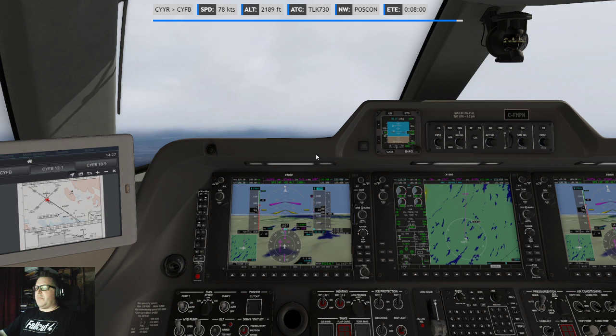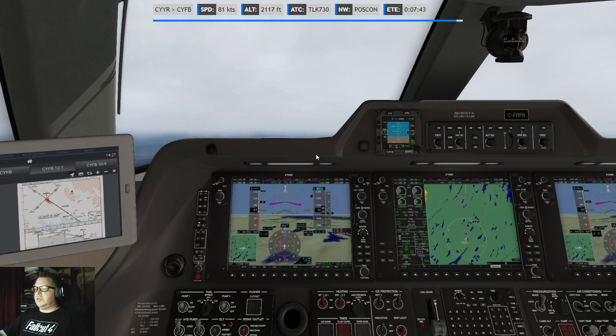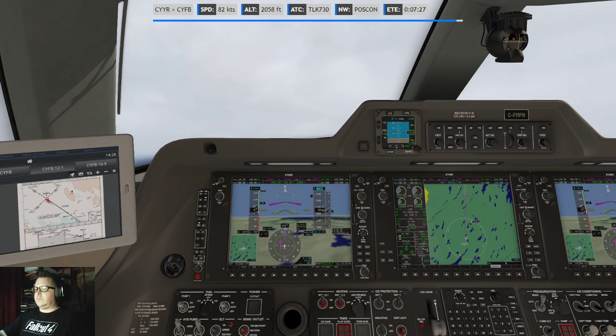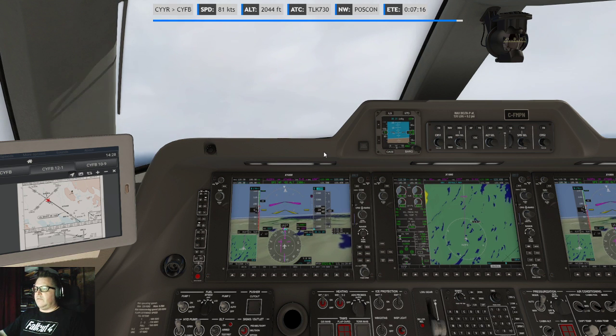And how about power? Because, you know, power is good. Five miles.